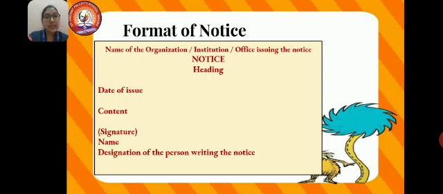Then content. In the content, when the exam will start, what will be the timing, what will be the pattern, everything will come under that. It means the information related to the PT1 exam will come under the content. And lastly, the signature of the person who is writing the notice, his name, and if he has some particular designation, then that also we will include here, and then our notice will be completed. And the most important thing is, a notice is always written in a box. It should be covered in a rectangular box. That is the most important thing